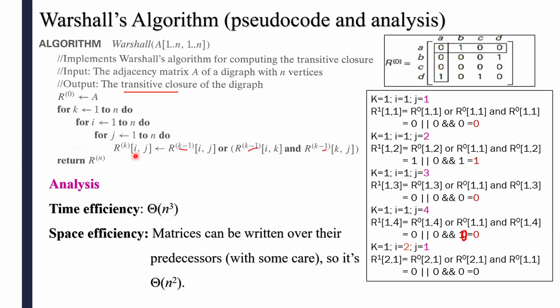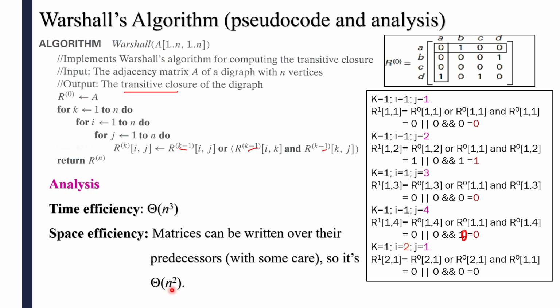If you want R1, then you are taking the help of the values of R0 and you are getting the solution here. So R0 is a reference here, and the solution you have to store somewhere in the form of a table here. For storing that you require extra memory space. So that's why you have to go for space efficiency also. So for space efficiency, a table means what? It is in the form of a matrix. How much memory space do you require now? It is theta n square here.